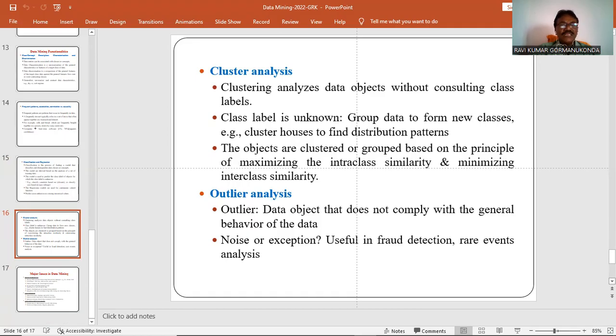We will partition or group the houses, for example, in a municipal department collecting taxes. Houses may be grouped based on similar properties. Based on the properties, they are grouped into different clusters. So different groups are forming, but the label is not there. After forming the groups, the appropriate label is given.